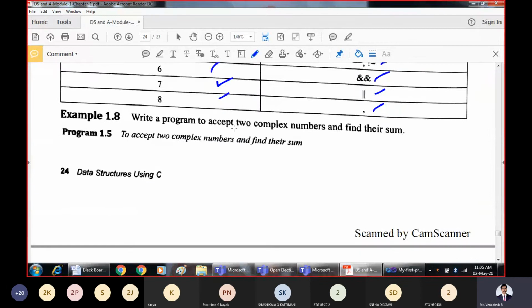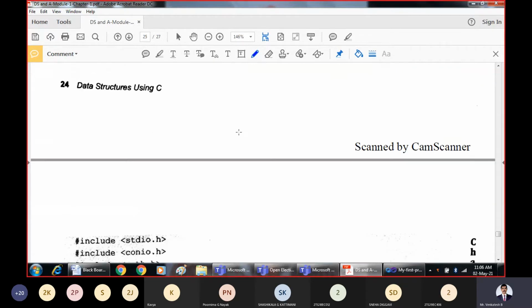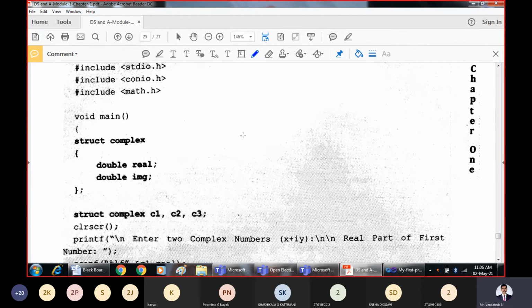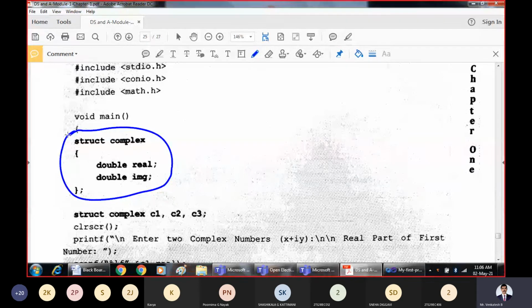So this is just a program to accept two complex numbers and find their sum. That is accepting two complex numbers. Here the structure is defined within the main function. For now, you just need to know briefly what a structure is. A structure is used to combine related pieces of information together.